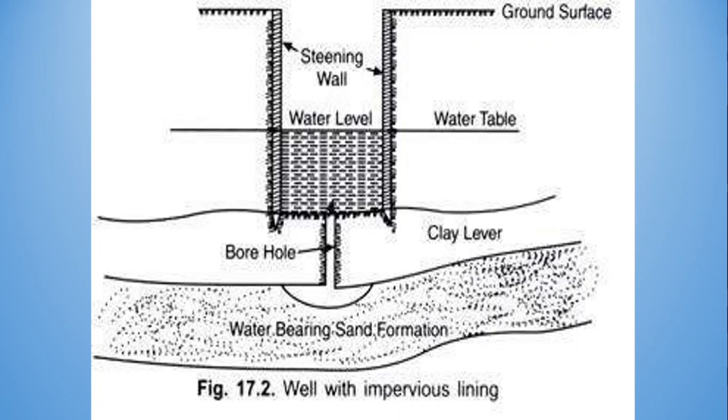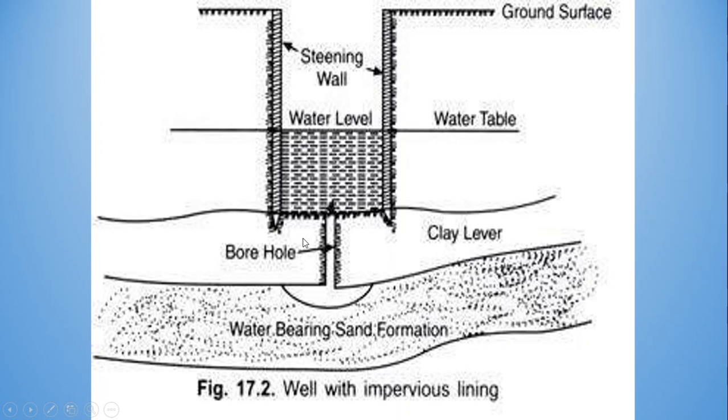So this is the well with the impervious lining. As you can see, this is the wall having impervious lining. This is the water level, groundwater surface. This is the clay, water bearing sand formation, and with the help of borehole, the water is entering from the bottom of the well. These are the impervious linings, and these are the curbs having sharp edges, as you can